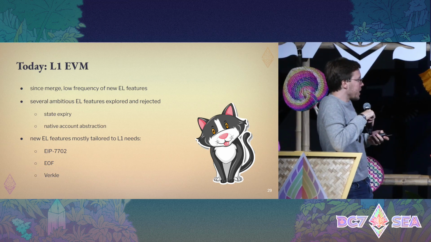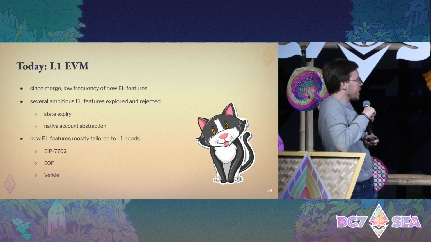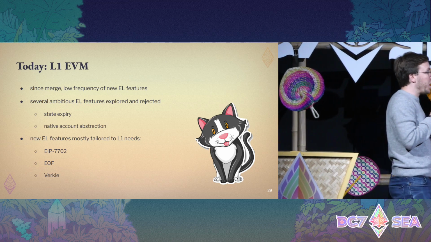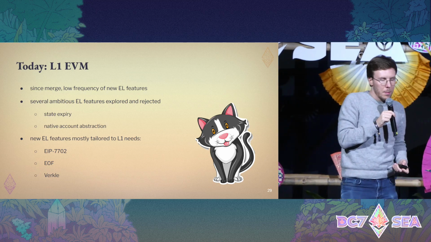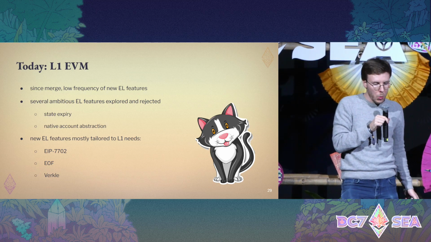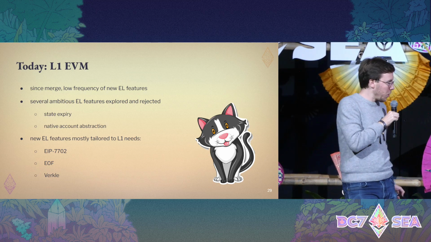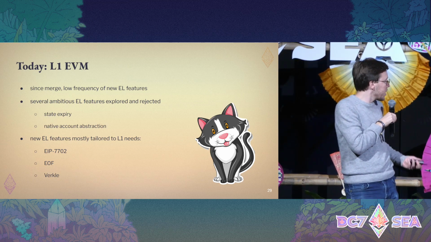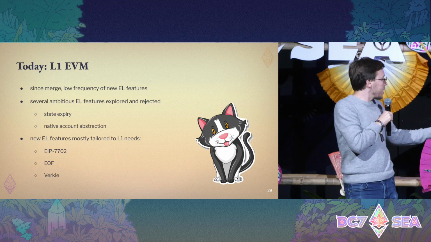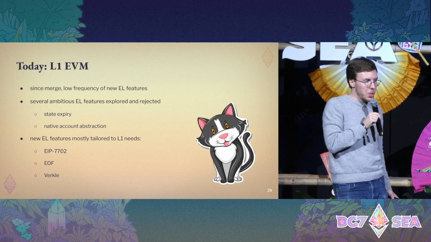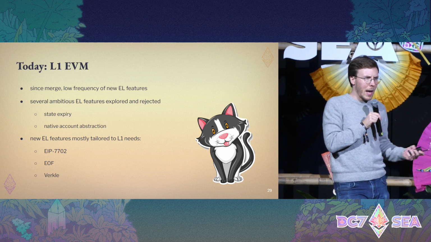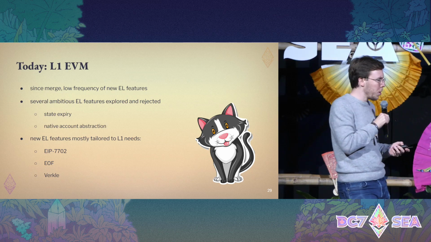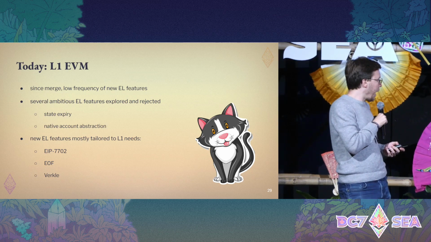And then even when we ship new features to the L1, which we still do, admittedly, and some of them are actually quite exciting, we still very much focus on what the L1 needs. Specifically, for example, EIP 7702, which I'm quite excited about as one of the co-authors, which is giving some smart account functionality to existing user accounts. That is EOF, which is upcoming, which I think is actually a little bit underhyped. I guess you have probably heard the term, but I think it's going to be quite amazing.